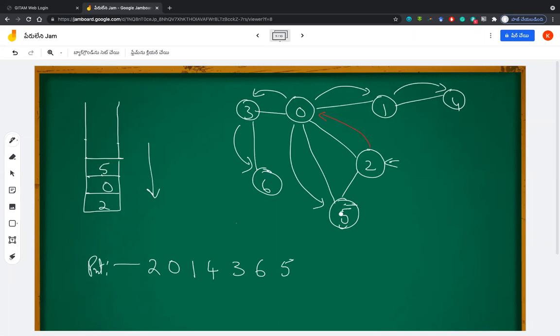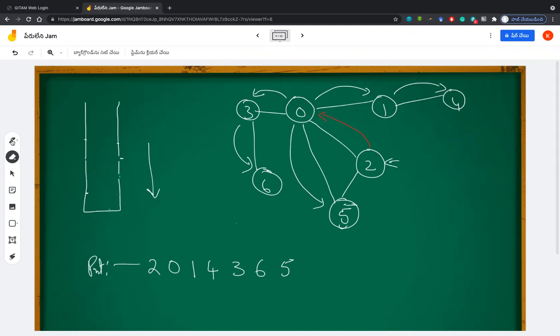Right? So after you include 5 into it, is anything left with 5 that I need to look into? No, sir. So 5 has only 2 and 0 connected, but 2 is already there and 0 is there. So again backtrack. So just pop it. Now coming to 0. Is anything left with 0? 3 is printed, 1 is printed, 2 is printed, and 5 is also printed. So pop 0 also. Now we are left with 2. 2 has 0 and 5, both are printed, so pop.